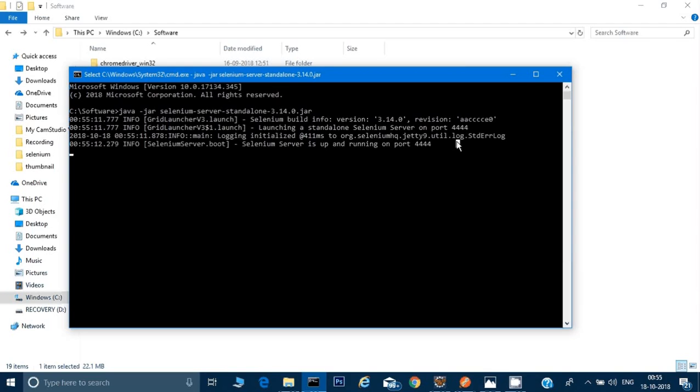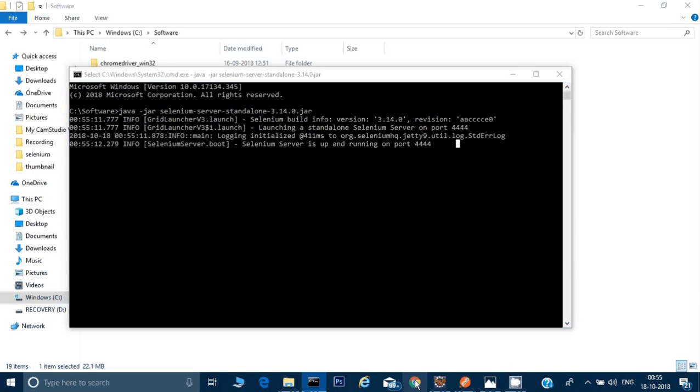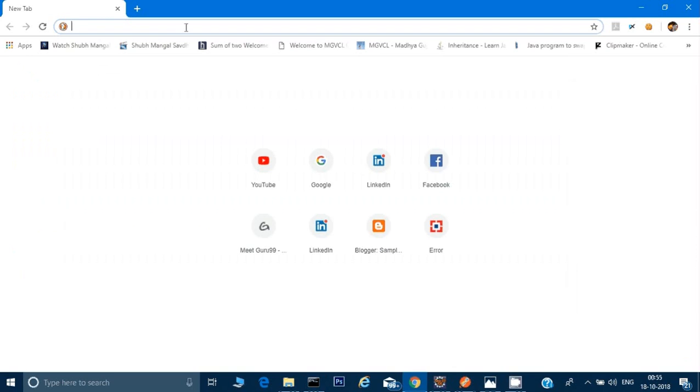Okay, in the next video, I will tell you how to work on grids, but right now I'm just trying to show you how Selenium works internally, how Selenium works at the backend side. So now I will try to access this server, and how will I do that? I will go to my browser, I will type